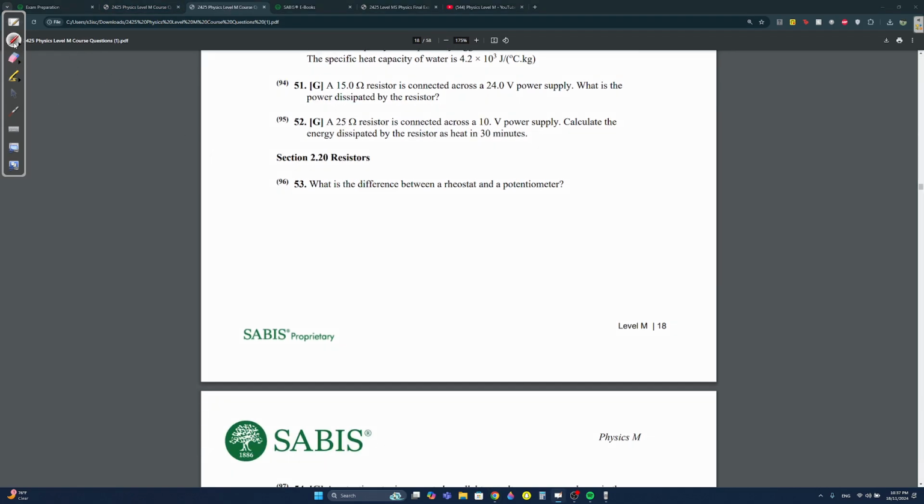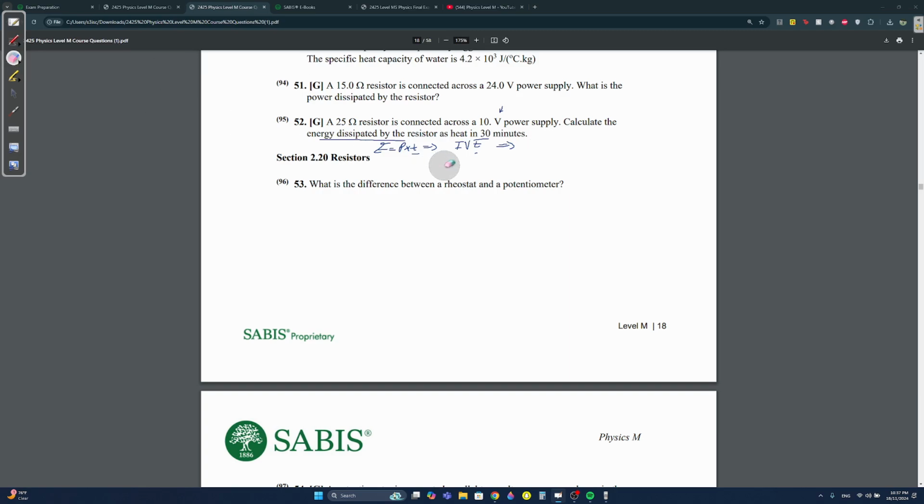A 25 ohm resistor is connected across a 10-volt power supply. Calculate the energy in 30 minutes. Remember, always energy is equal to power times time. Okay, this is always correct. Power is equal to IV, and the time in this case is T, right? Okay, IV is,